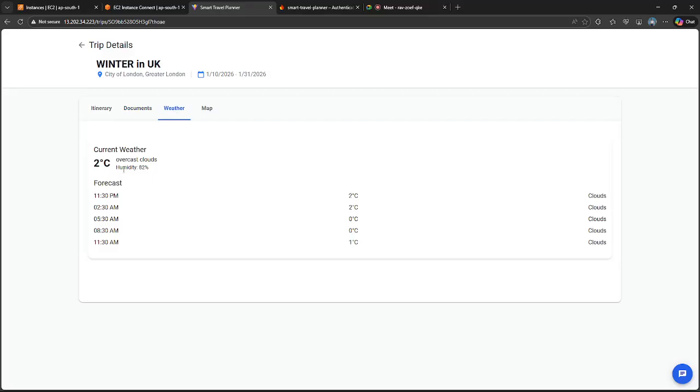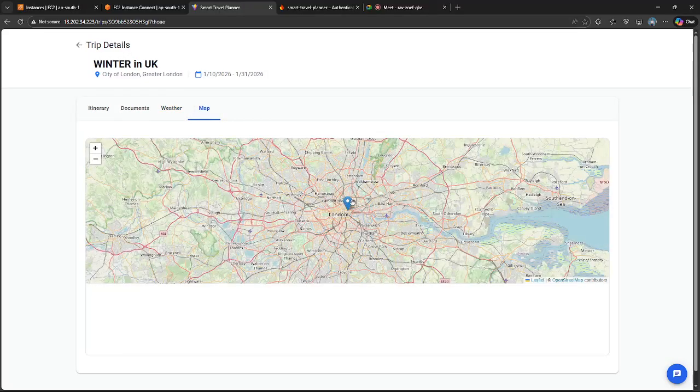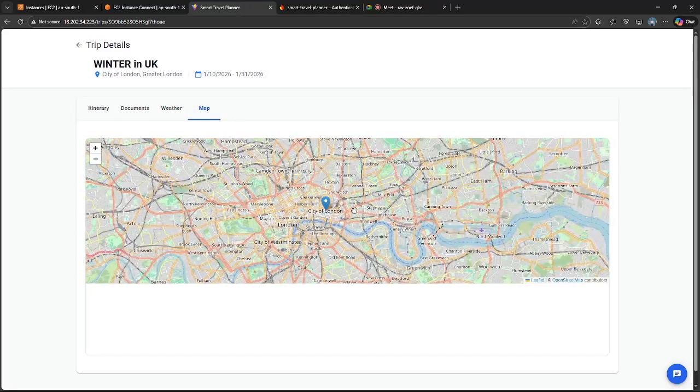And also this is the current weather in London, and this will change when the city is changing, and also the Google Maps API is used in here